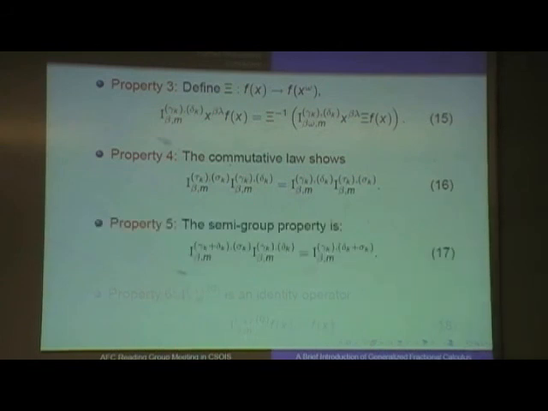The fifth one is a semigroup property of the multi-index integral. The form is